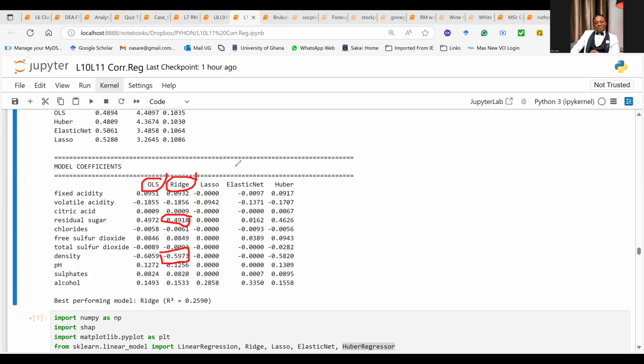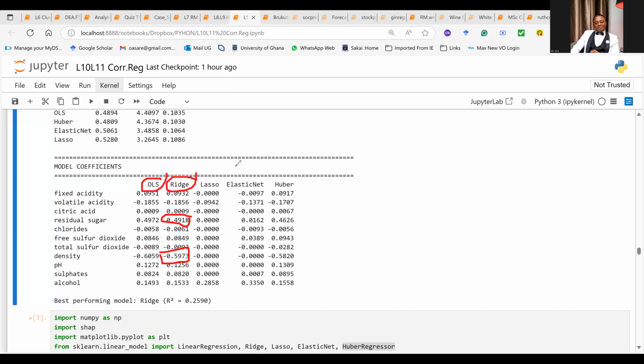Okay. So, if you are looking for the variable that positively increases the quality of wine, it is residual sugar. Okay, it is the one that highly and positively affects the quality of wine.